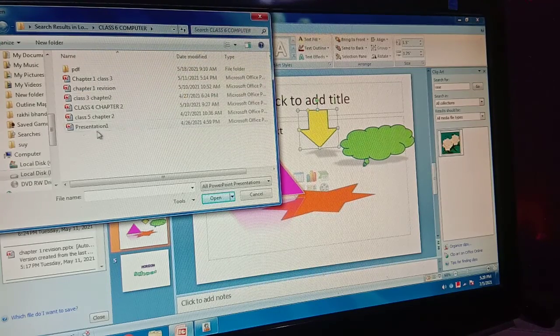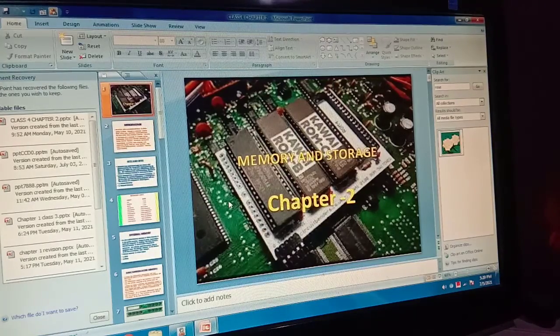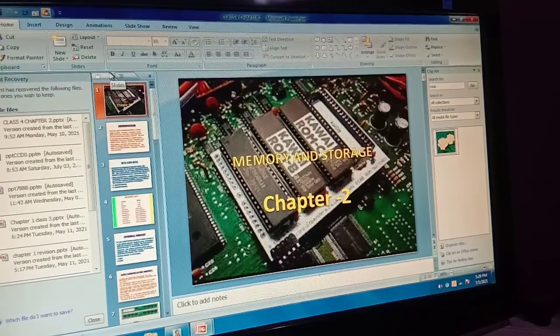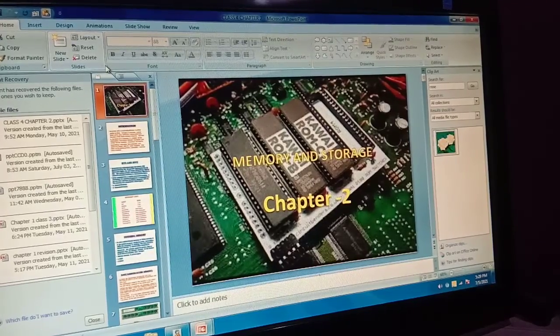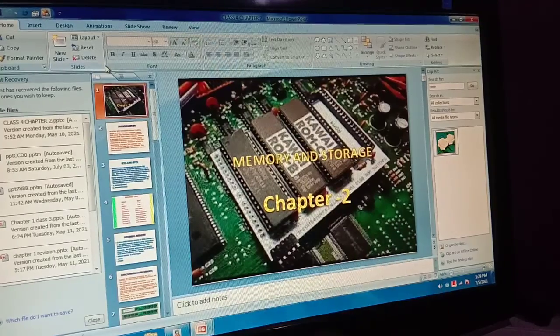Here I'm showing you one presentation from a class, a presentation that I made earlier. So, students, for arranging the slides in slide sorter view, first we need to open the slide sorter view. From where? From the view option.